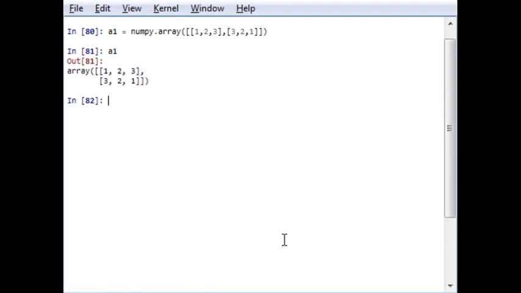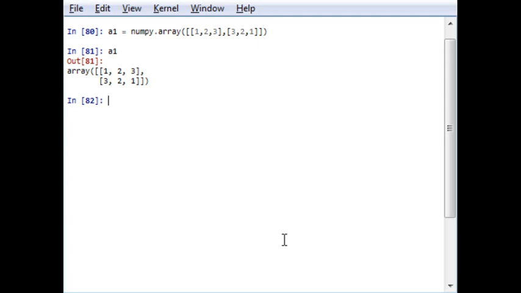Now if I write A1, it will be a 2D array. Now if I want to choose an element whose row is 1 and column is 2, that is the second row and third column, again I want to make it clear that Python starts indexing from 0. So the second row will be indexed by 1 and the third column will be indexed by 2.